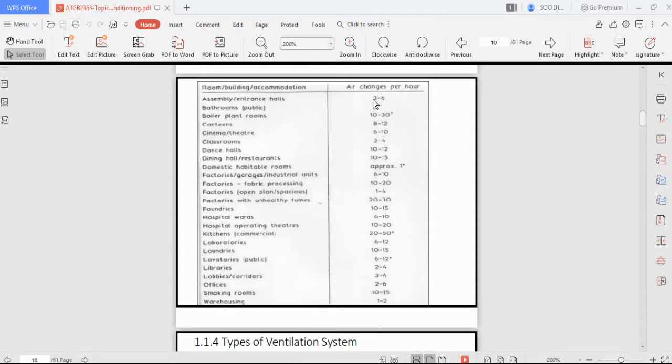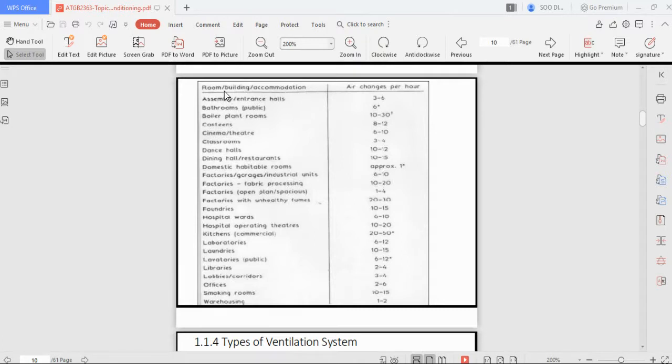Let's say, for example, the assembly requires 3 air changes per hour. This means that within an hour, all the air in the assembly room needs to be changed 3 times. All the air inside has to be replaced by fresh air up to 3 times per hour. So this is what is meant by air changes per hour,